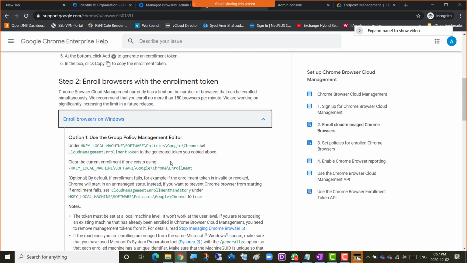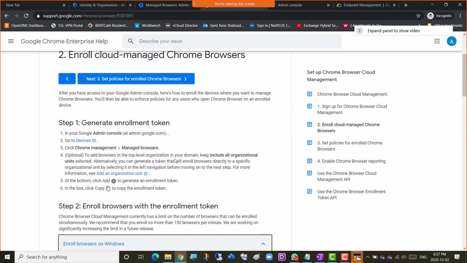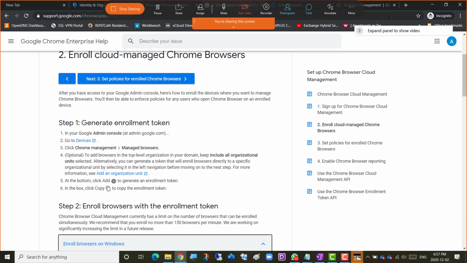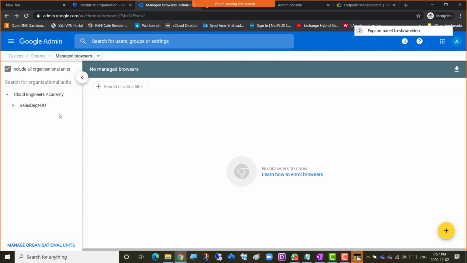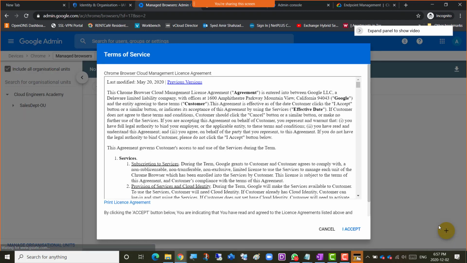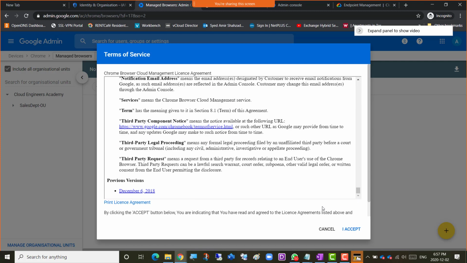So what I can do is go to the devices and click Chrome management and manage browsers. That's where I was before, right? Oh, okay. Managed browsers, and there was a plus sign here, this one, right? So now there's that Chrome browser cloud management license agreement, and we read everything now, and